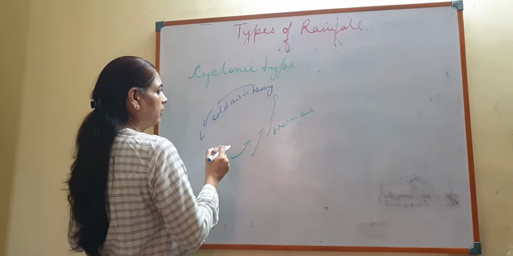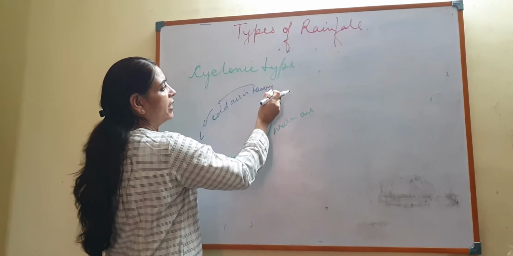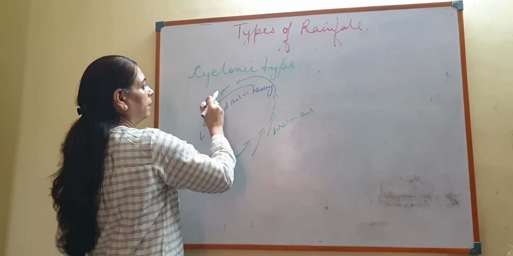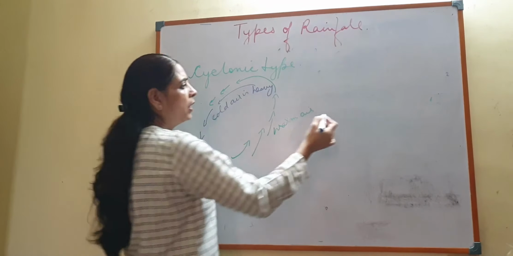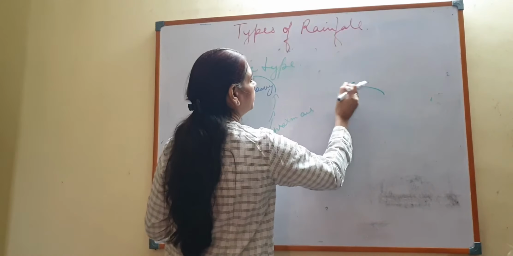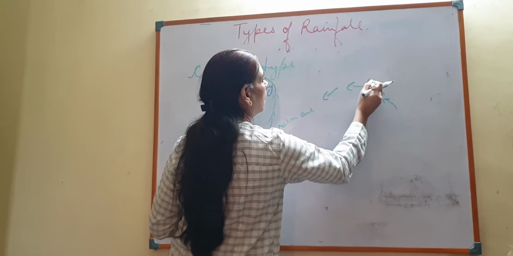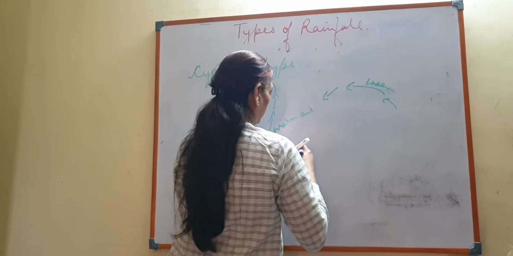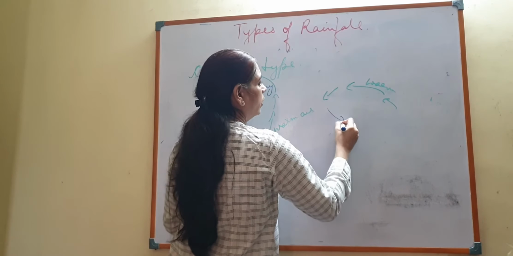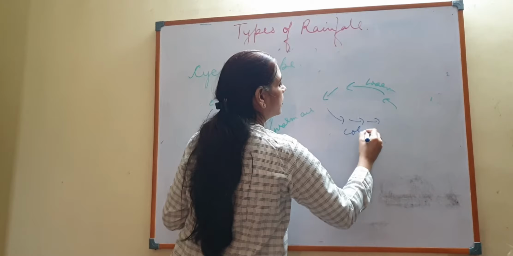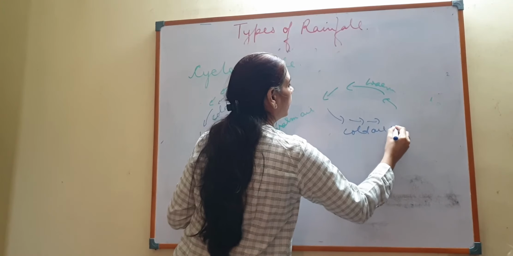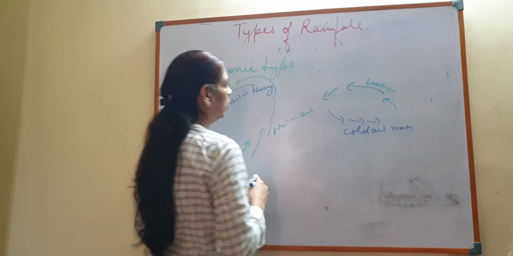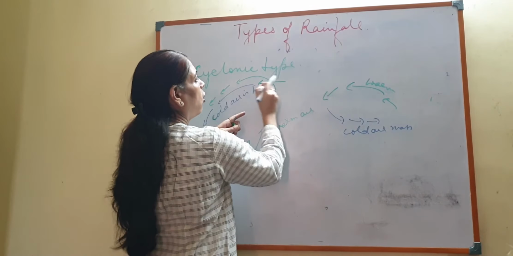And now what happens? The warm air mass rises over the cold air mass. Okay, so where they merge, a front is formed,